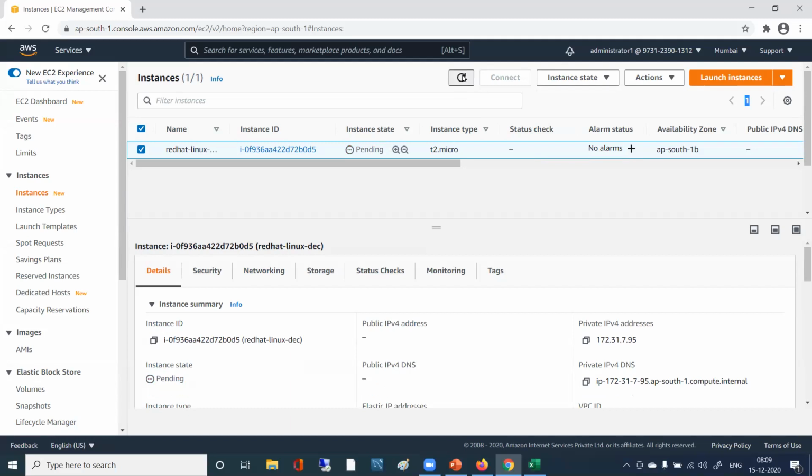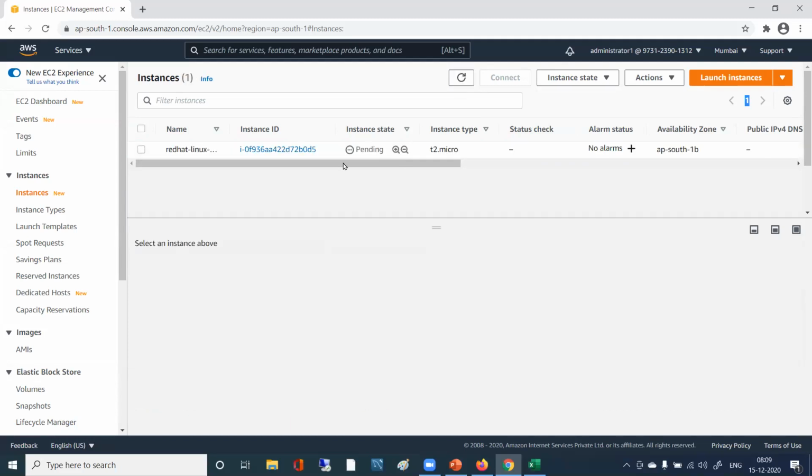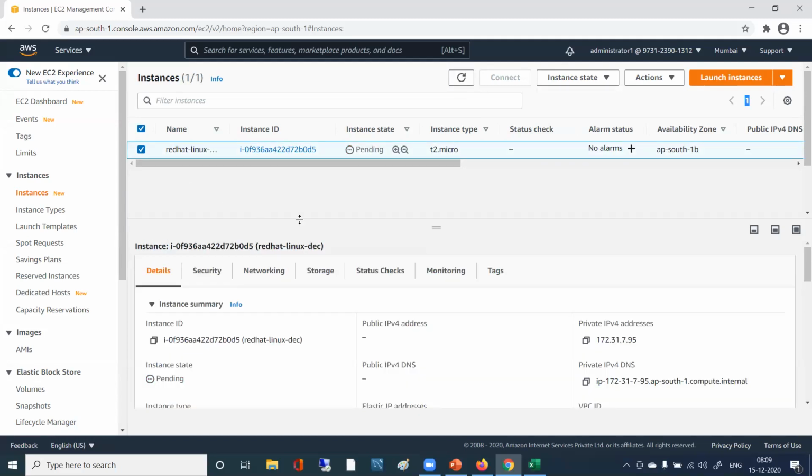And you can just refresh, you can see that it's in pending state, right? So far no public IP has been assigned, so it's coming up. So now it says instance state is running, and you see public IP is also assigned, correct?